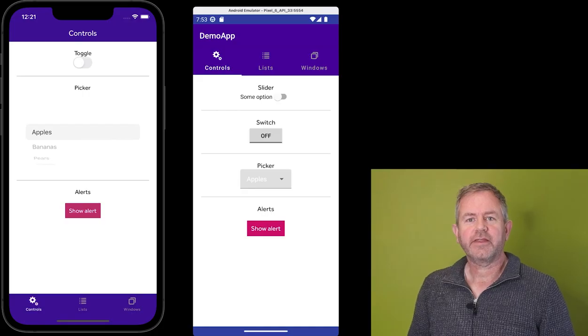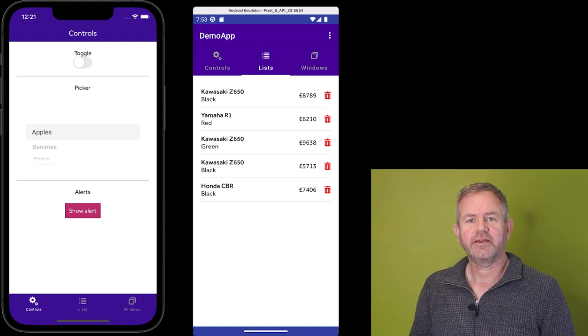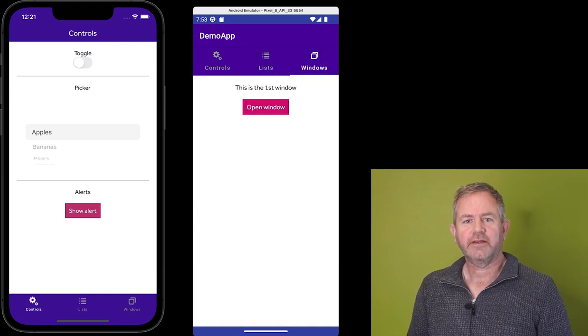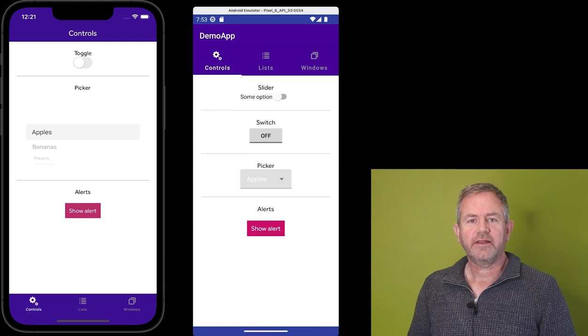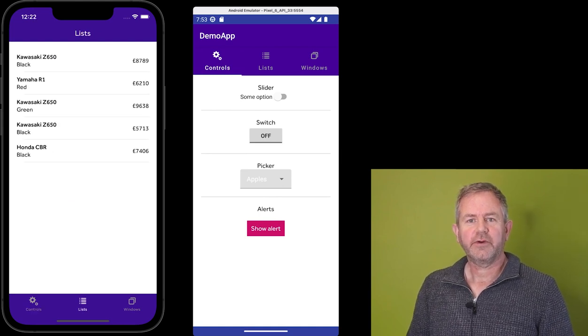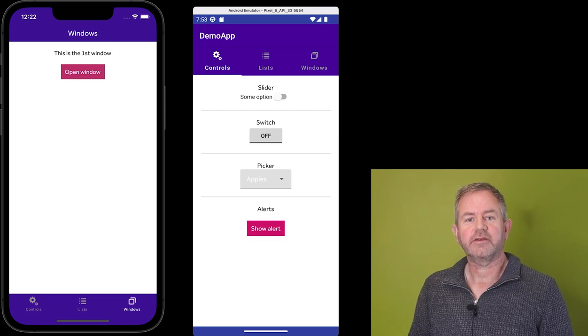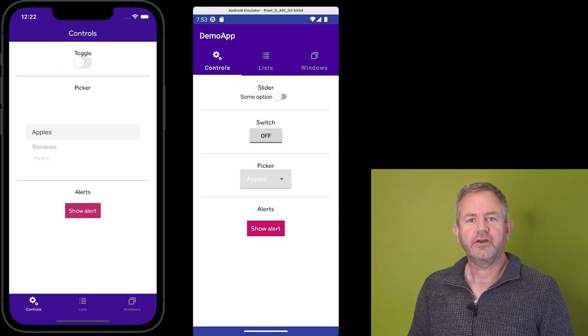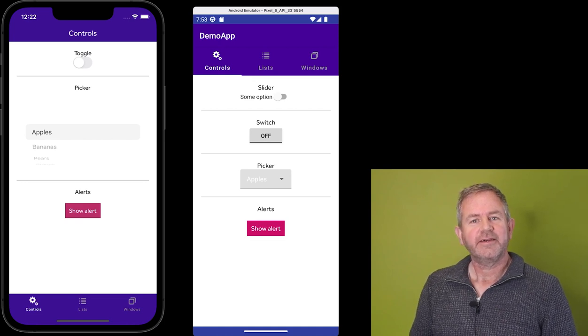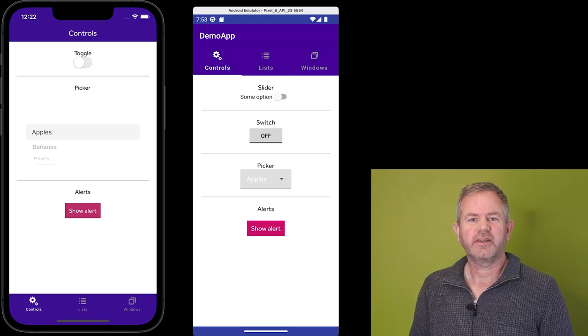Straight away you'll notice on the Android device that the tabs for each section run across the top of the screen, and the currently active tab has a line under it. On the iPhone version of my app, the same tabs run across the bottom of the screen, just where an iPhone user is accustomed to seeing them. And non-active tabs are greyed out. Accept these differences. Don't be tempted to move the tabs to the top of the screen for both devices, because that won't feel right for an iPhone user.